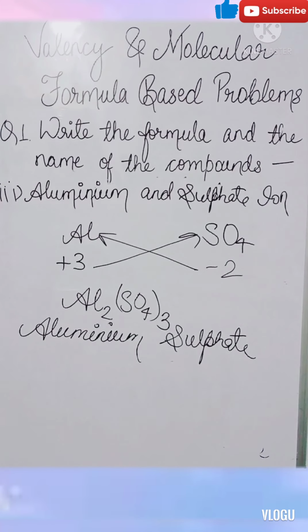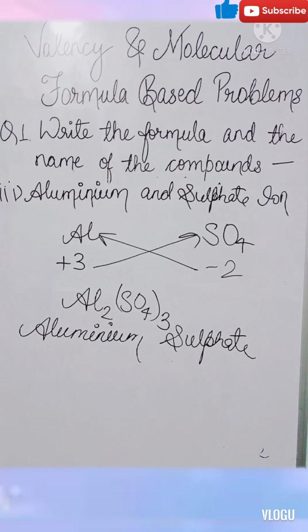Now the next question has a different format. In this question we have been given the names of ions and we memorized the symbols and the valencies of the ions, and then we combined them to form a product and named the product. But in the next type of question we will be given the symbols of the ions and then we will write the names of those ions and then the valency, and then we will form the product and write the name of that product. So let us go further.